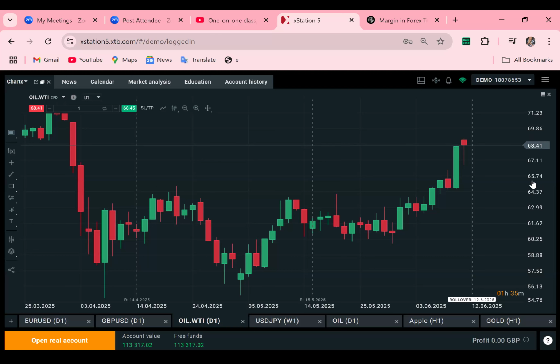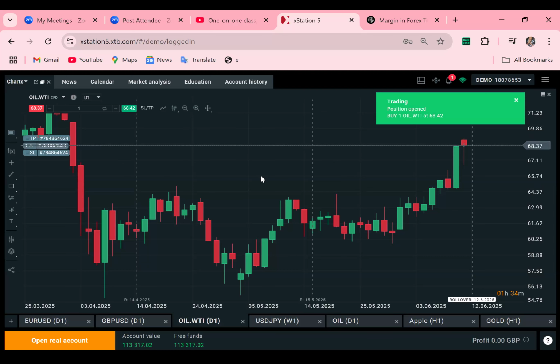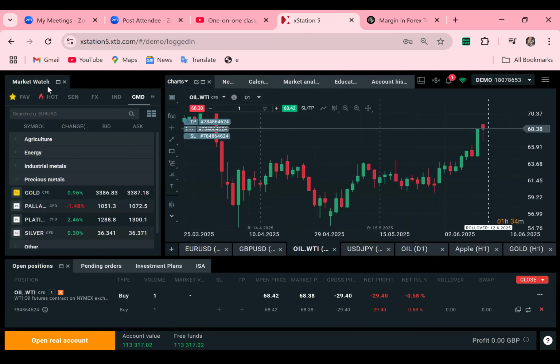So I will not put it there. What it means is that anytime the price of the market gets to 65, it will buy for me. But if it didn't get there, it shouldn't buy. So now I'm clicking buy. Please check here. On this platform I'm sharing with you, free margin means free fund, while account value means account balance on MT5. So I'm clicking buy. The order is executed. Let me minimize this so that we see the order. Now, the order is executed.